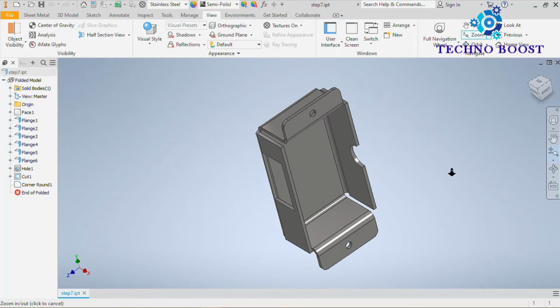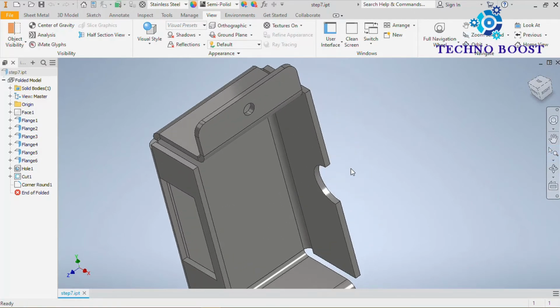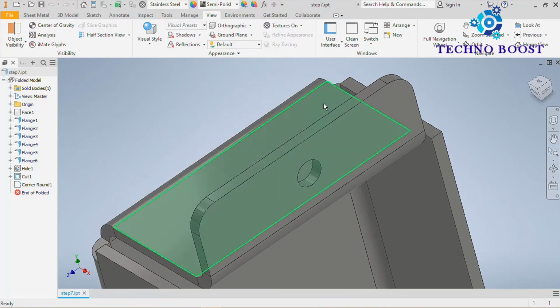Press Escape to cancel the command. Zoom selected: select any component, and it will zoom. It will be very useful in assembly.